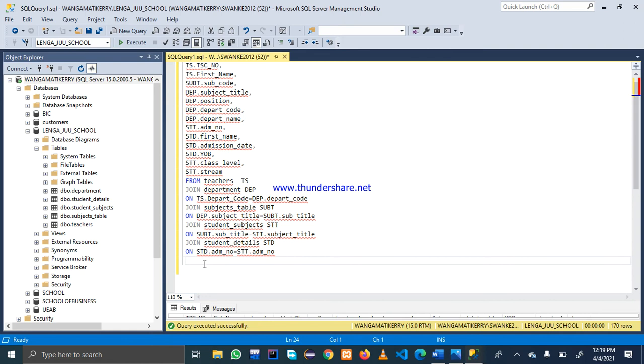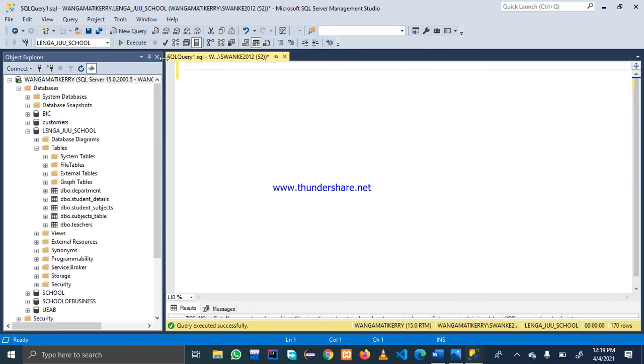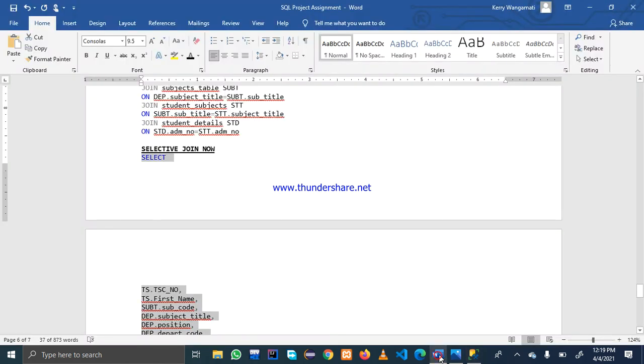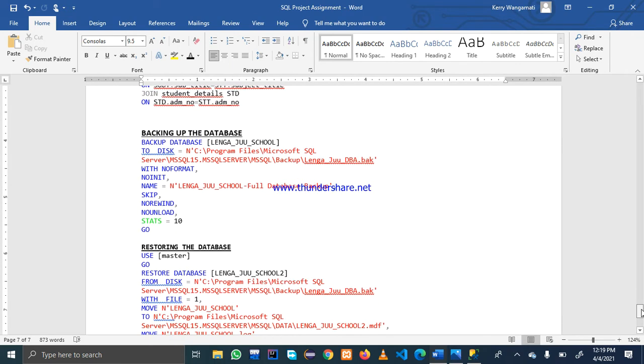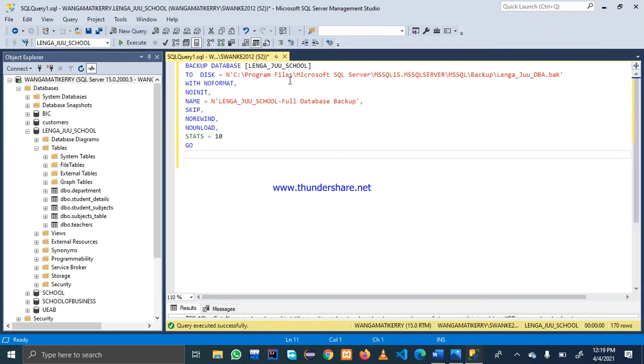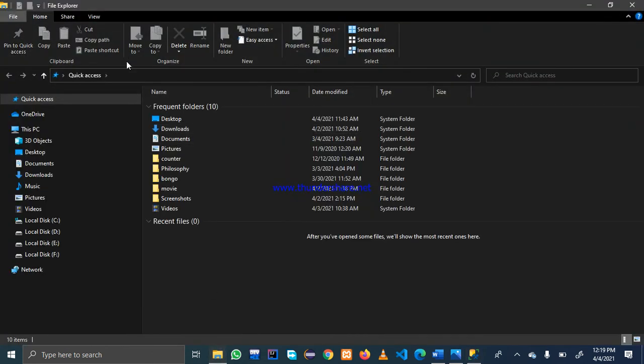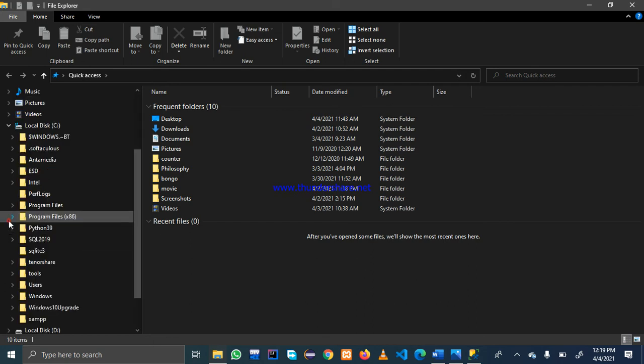Now the next thing I'm going to do here is to back up. Now to back up my table, I had already written my query here. You can see this is the query I had written down. So I copy this query, come here and paste it there. And before I execute, let me go to the place where that backup is going to be stored. It is in my drive C,